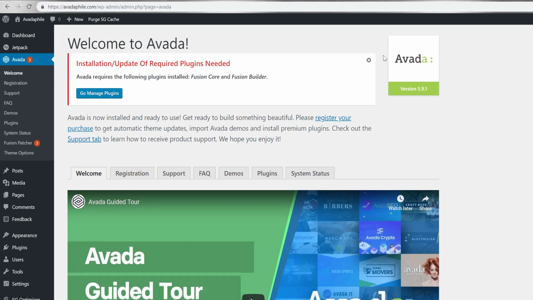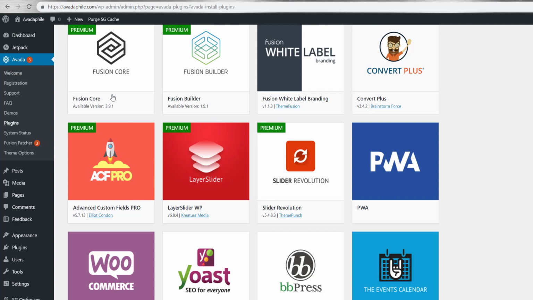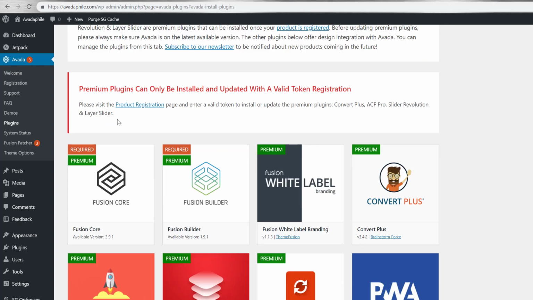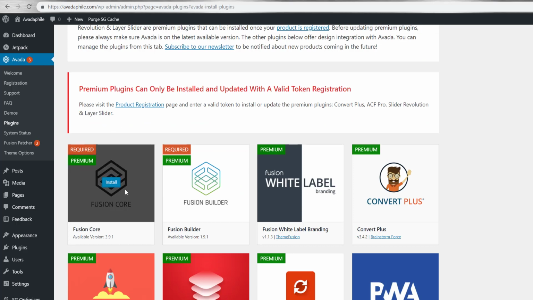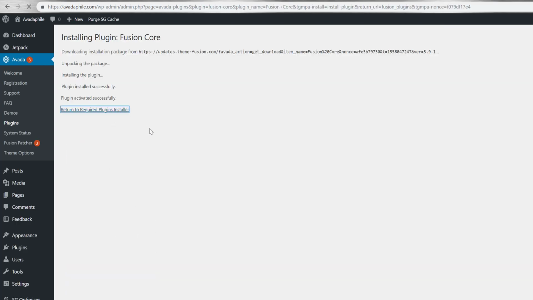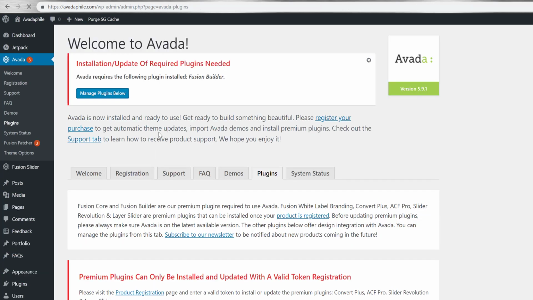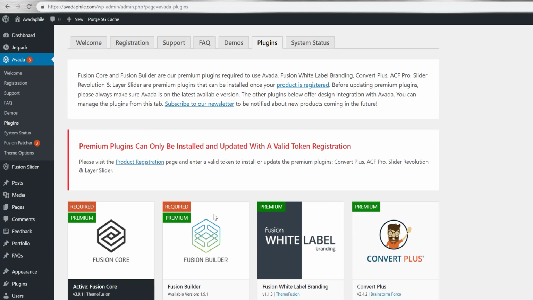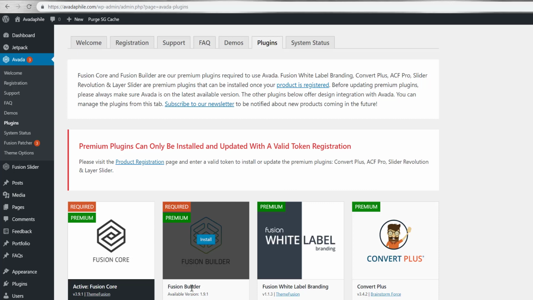So at this point, it's installed, it's all set, but there are a few things that you have to do. First thing, go manage plugins. And the two most important plugins that you have to install, the rest of them are pretty much optional, are these first two. So the Fusion Core, I clicked on that. We're going to return back to the plugins again, come down here, and we're going to install the Fusion Builder after that. So click Install,